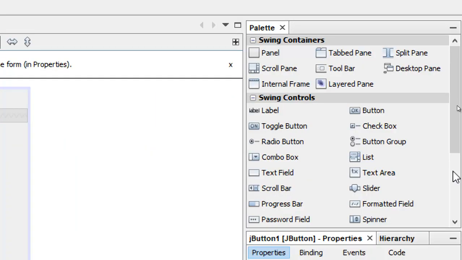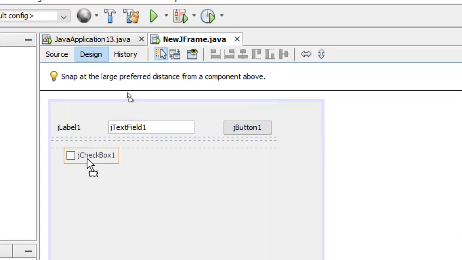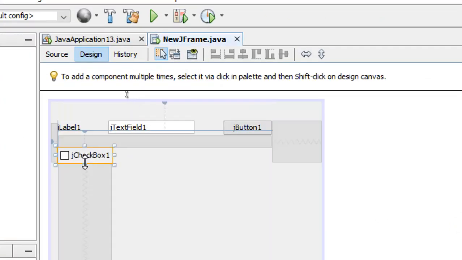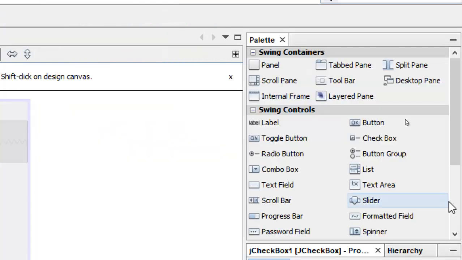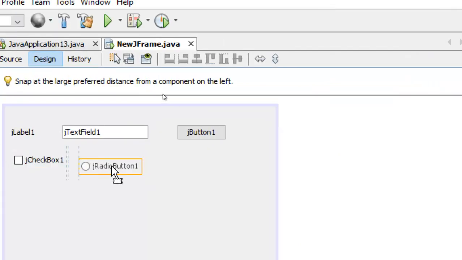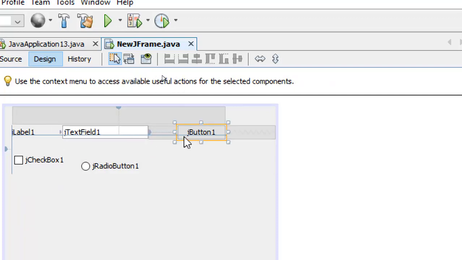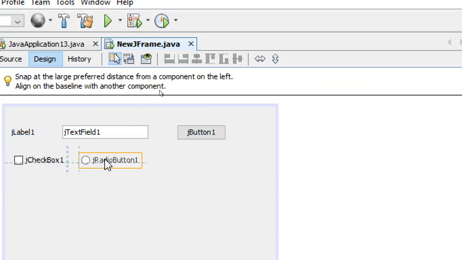In the same way, I can drag a checkbox and place it on my form. All of them that I am dragging are components. What is the speciality of any component that you see here? All components have some visual appearance. They are independent of each other. That is what a component is.